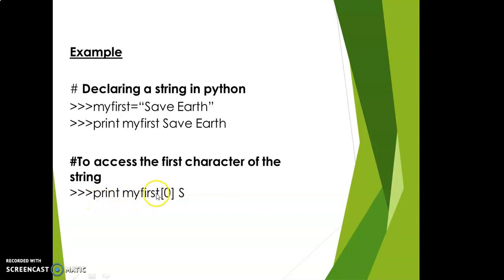Print my first 0, so this S will be on the next line. This is the output. What is the zeroth position? 0, 1, 2, 3, the space will be in the fourth position, then fifth, sixth, 7, 8, 9. These are characters numbered beginning with 0. S is in the zeroth position.